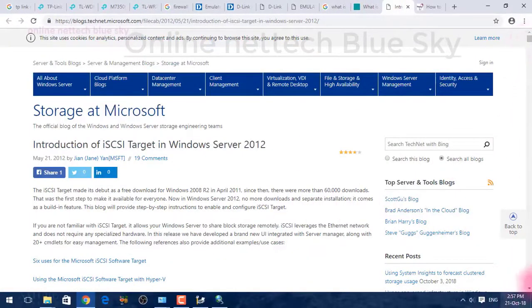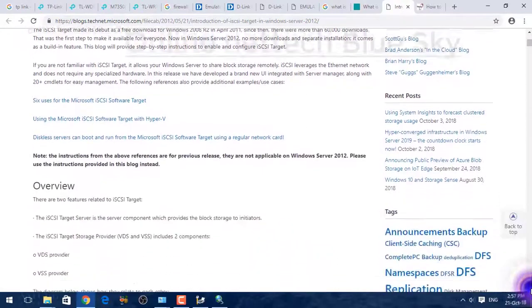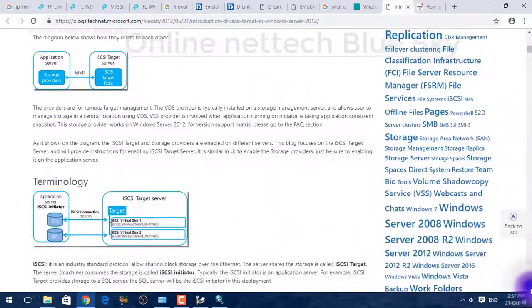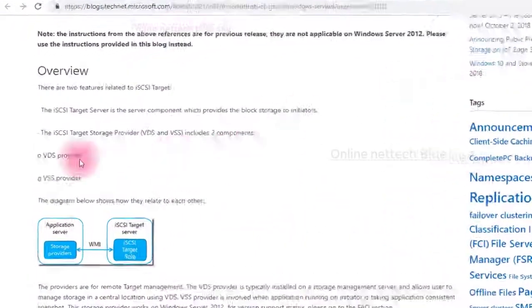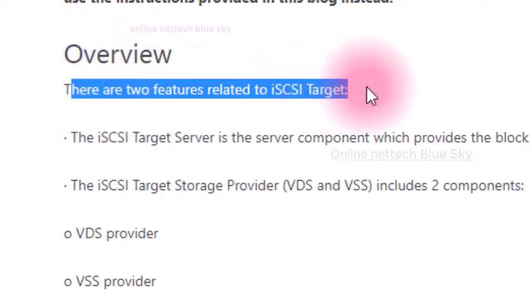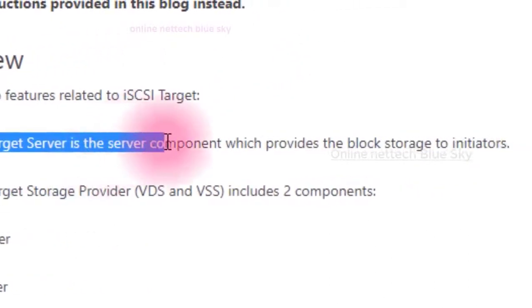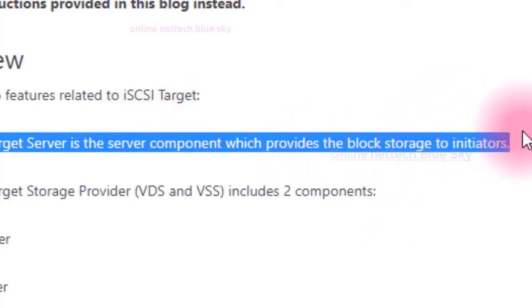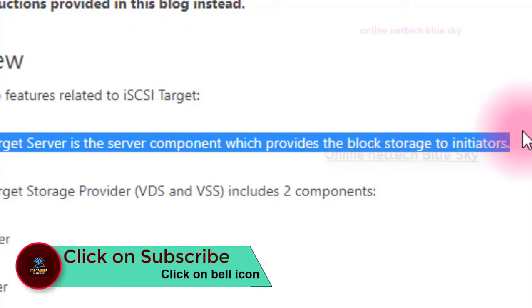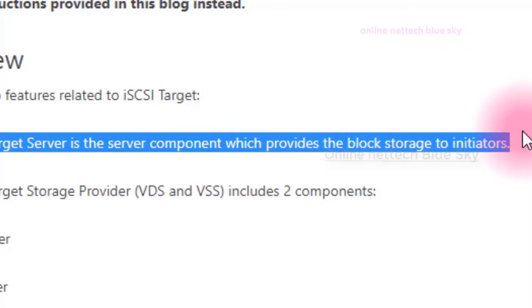You can see here I'm showing detail online, how you can use the system and how these systems work. We are showing two features here. iSCSI Target Server is a server component which provides block storage, meaning you can block some system components from some users. If you are a company administrator, you use the iSCSI target for your company.